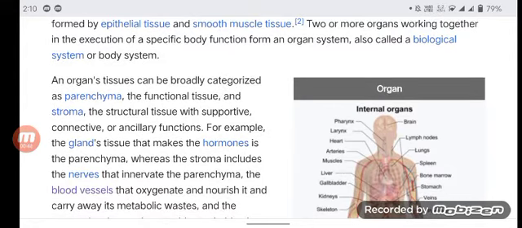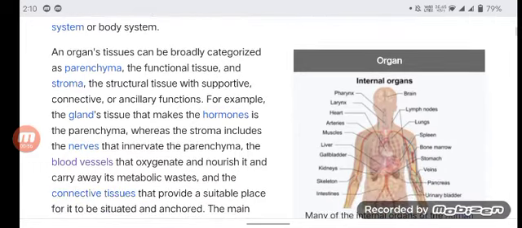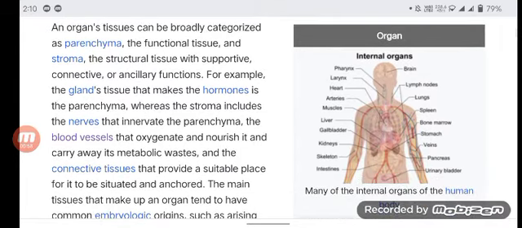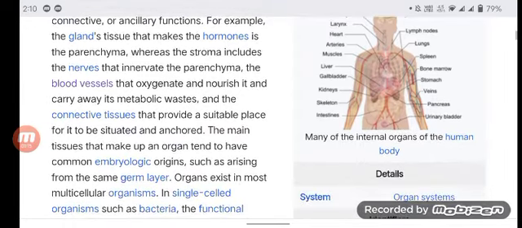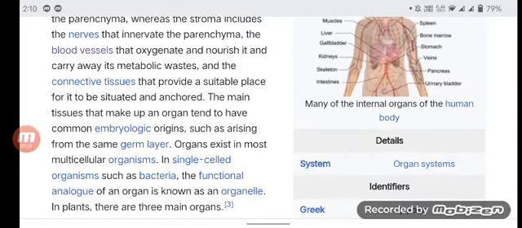An organ's tissues can be broadly categorized as parenchyma, the functional tissue, and stroma, the structural tissue with supportive, connective, and ancillary functions. For example, the gland tissue that makes the hormones is the parenchyma, whereas the stroma includes the nerves that innervate the parenchyma, the blood vessels that oxygenate and nourish it and carry away its metabolic waste, and the connective tissue that provides a suitable place for it to be situated